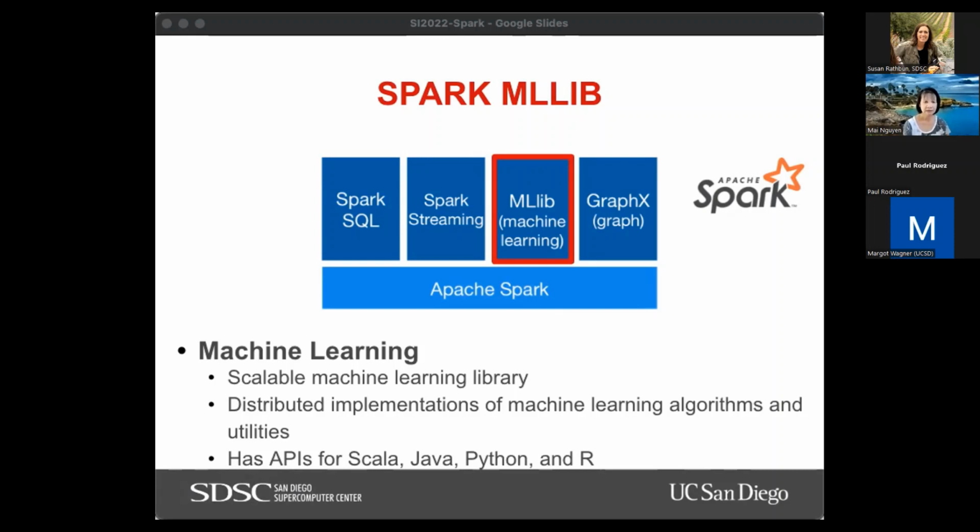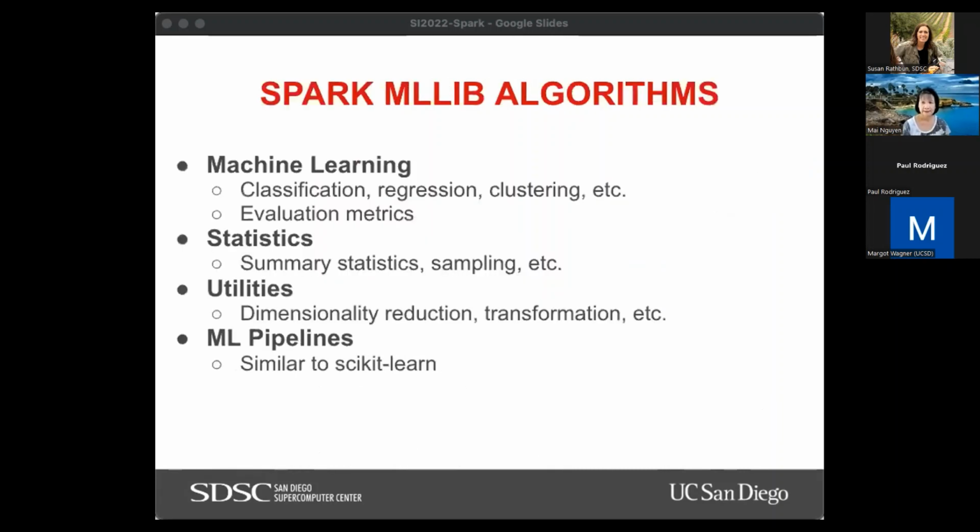And Spark MLlib has APIs in Java, Scala, Python, and R. Spark MLlib provides machine learning for classification, regression, cluster analysis, also evaluation metrics like F1, accuracy, precision, recall. It also provides statistics operations like summary statistics like mean, min, and max, standard deviation, variance, and things like that.